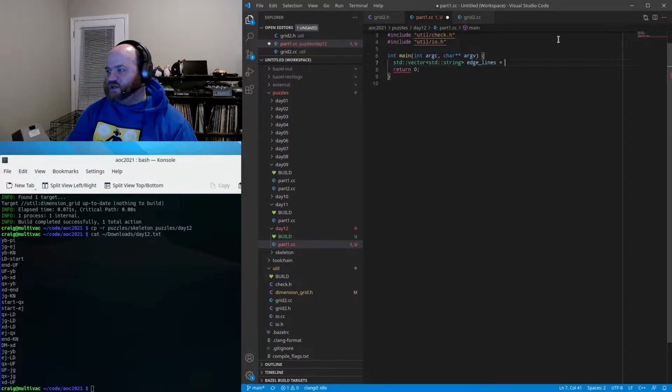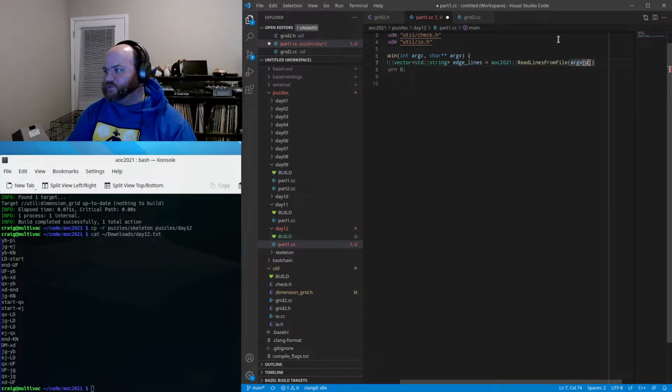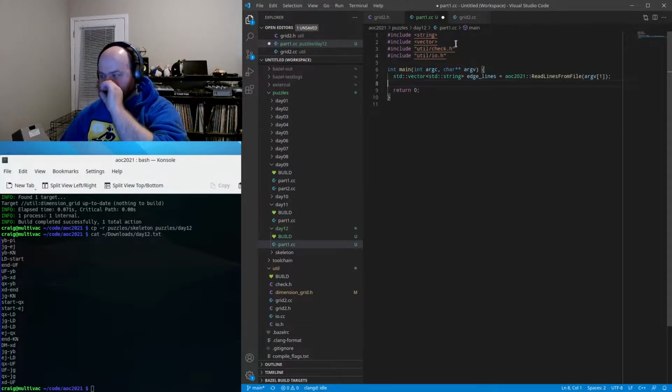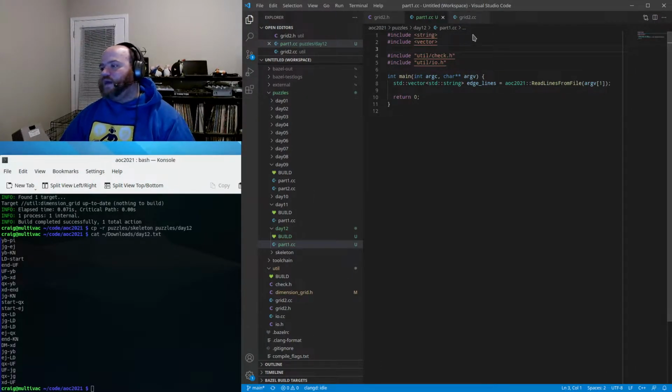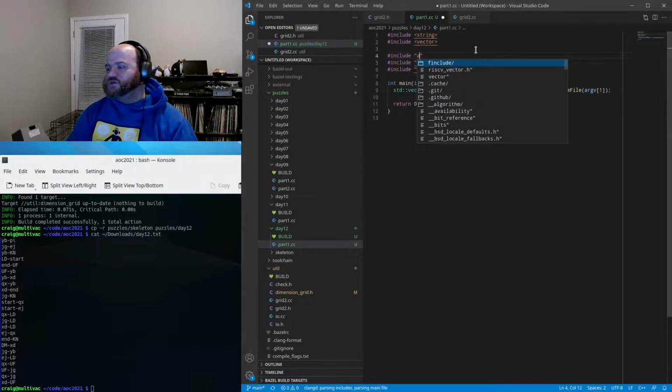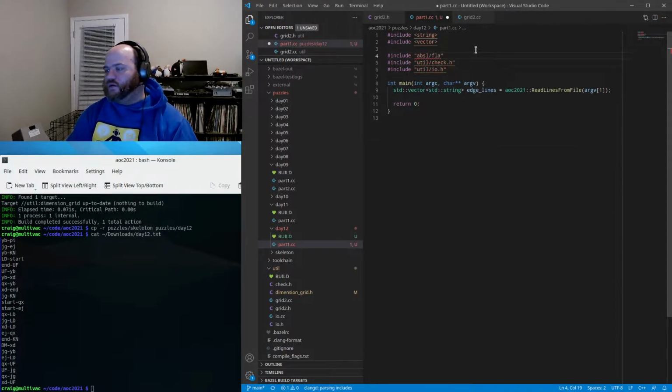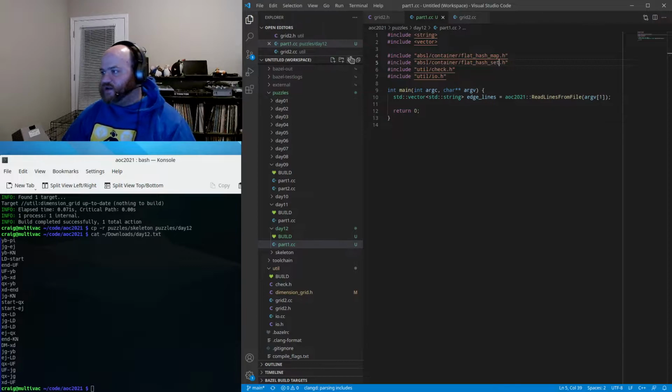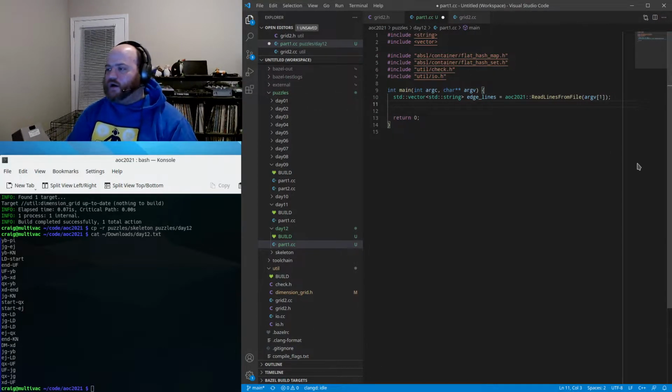Call that edge lines, and then we'll use our normal read lines from file routine to read the first argument to the program into those edge lines. And then I am going to use a flat hash map. It's absl/container/flat_hash_map. We're going to be using both the map and the set, and why that is will become apparent in just a second. So we're going to build up our list of